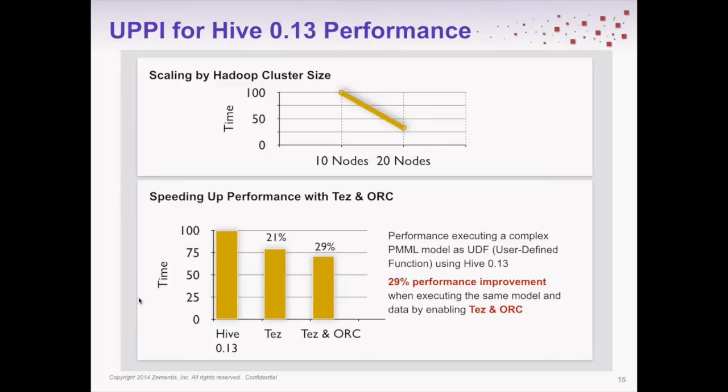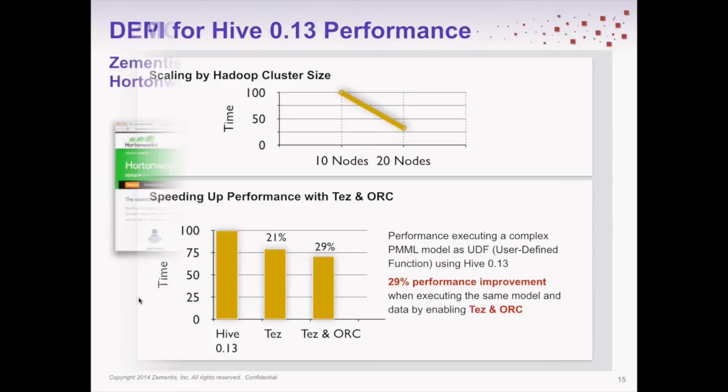And with Hive 13, you get an additional boost for free if you just enable Tez and ORC, the columnar storage capabilities. And just enabling those features, which is 2 commands, enable Tez, enable ORC, you get almost 30% performance. Again, only on UDF scoring, not even taking into account faster query performance on all other aspects. So leveraging one standard element, Hive, in the Hadoop stack for the scoring gets you all of these benefits.